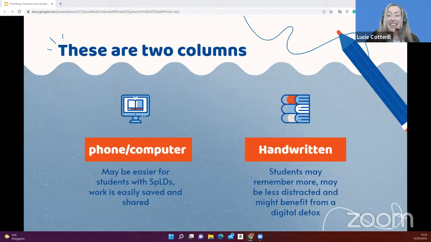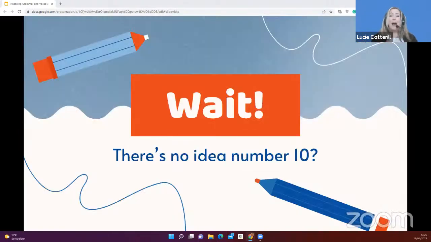So that is all my ideas, but wait, there's no number 10. It doesn't seem right to end on tip number 9, does it? But I haven't got a 10th idea. Well, maybe you have. Has anybody got any other ideas that they would like to share for practicing grammar and vocabulary in writing?